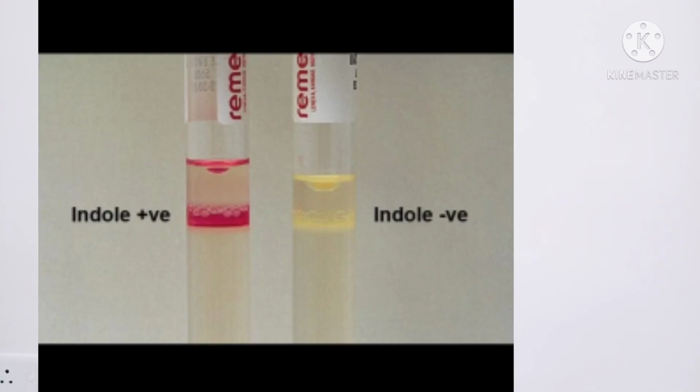A red ring appears immediately at the junction of the broth and the xylene solution. This is because para-dimethylaminobenzaldehyde reacts with indole to form a red rose-indole dye. Why should we extract this indole? If it is not extracted, the sodium nitrite which is present in the media will prevent its detection by the reagent. For indole extraction, instead of xylene, we can use ether, chloroform or petroleum.